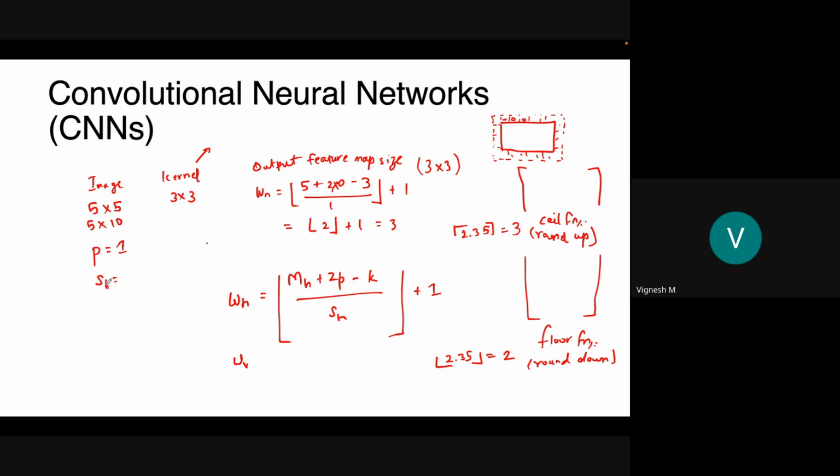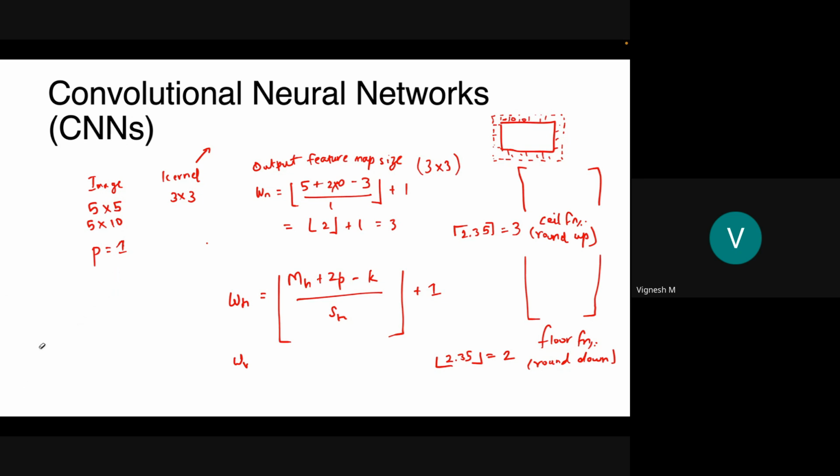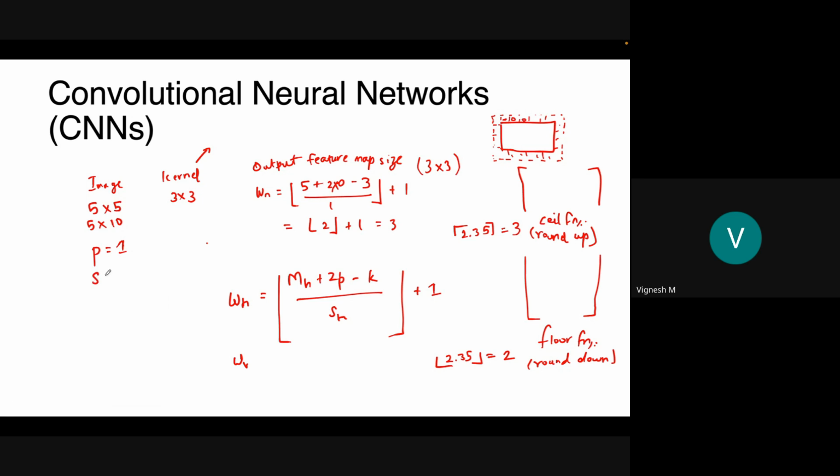For simplicity, I'll not call it horizontal, let's call it rows and columns. It's much easier that way. I don't like this terminology. Let's call this SR. I'm taking a stride of 2 in the rows, and in the columns, I'm taking a stride of 1. These are my rows, these are my columns. Now tell me how the output will look. So my WR would be,